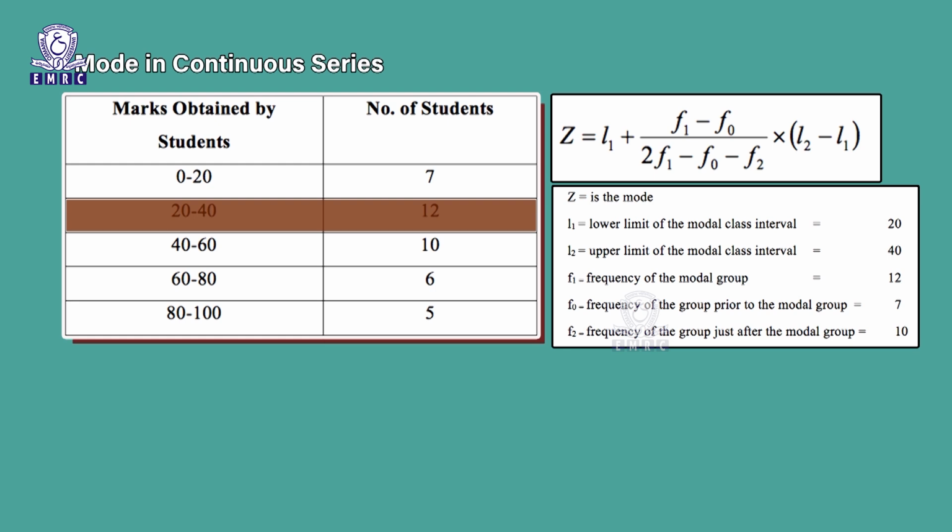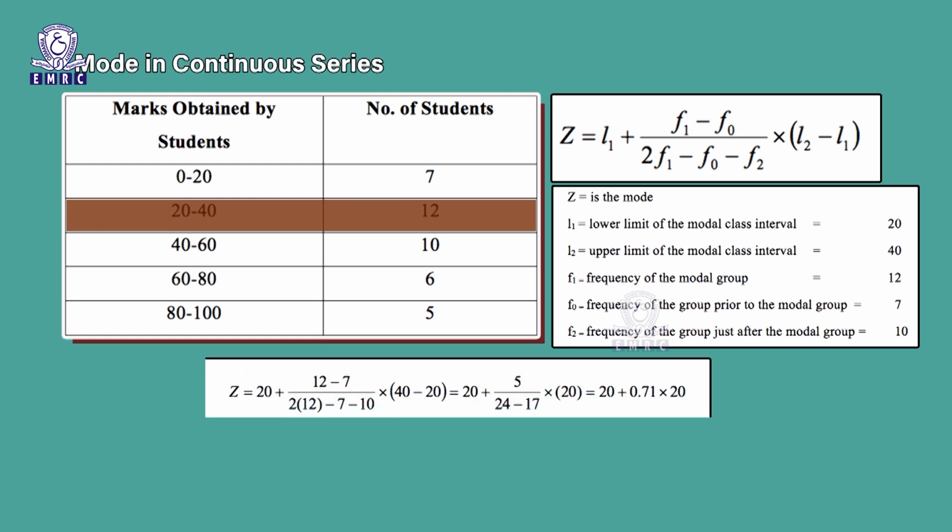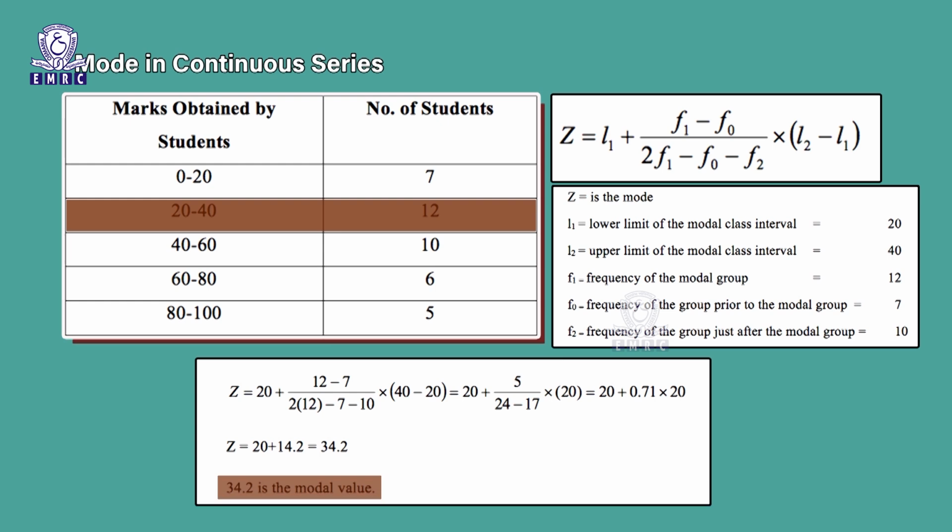F2 is equal to 10. Now, by substituting these values in the formula, Z is equal to L1 plus (F1 minus F0) divided by (2F1 minus F0 minus F2) into (L2 minus L1), which is equal to 20 plus (12 minus 7) divided by (2 into 12 minus 7 minus 10) into (40 minus 20), which is equal to 20 plus 5 divided by